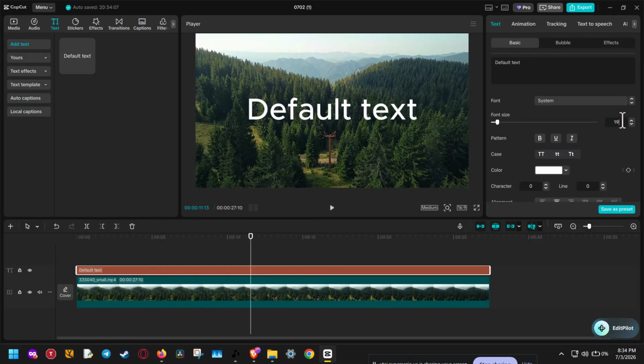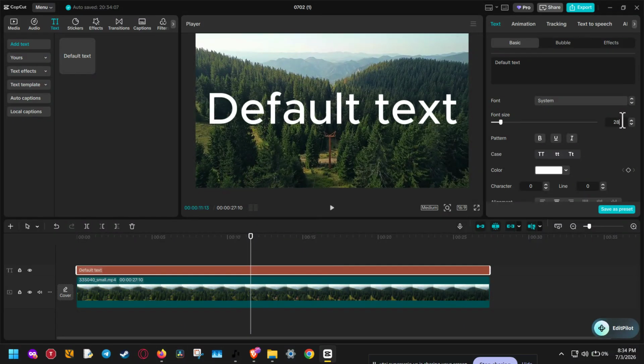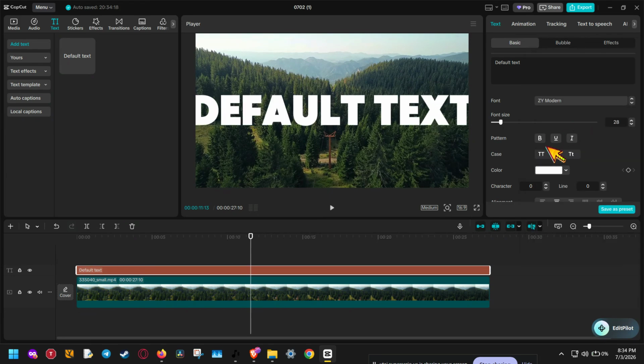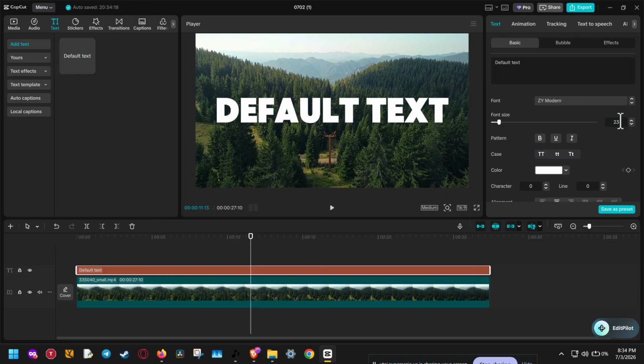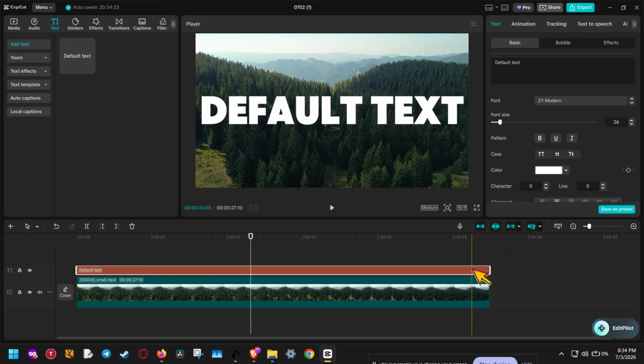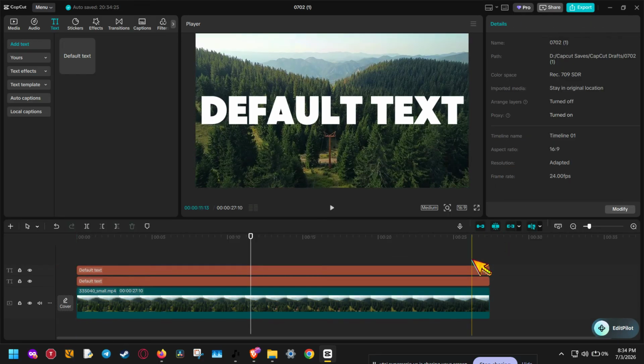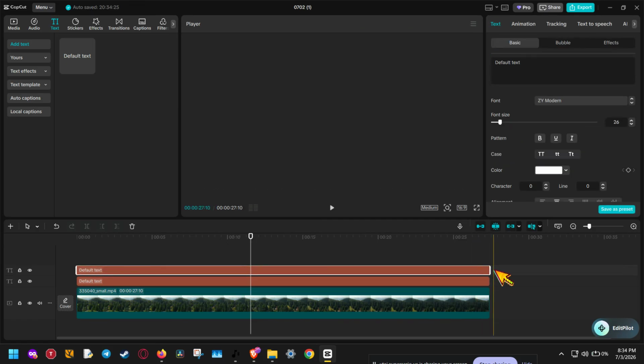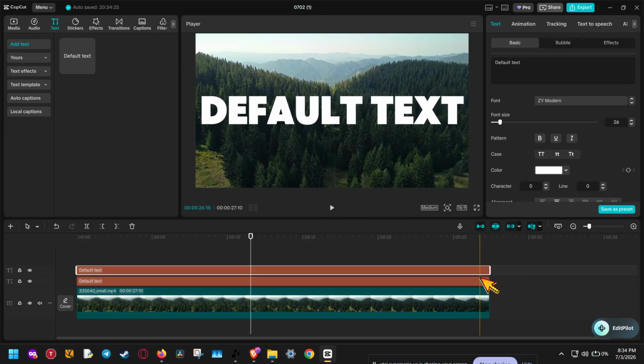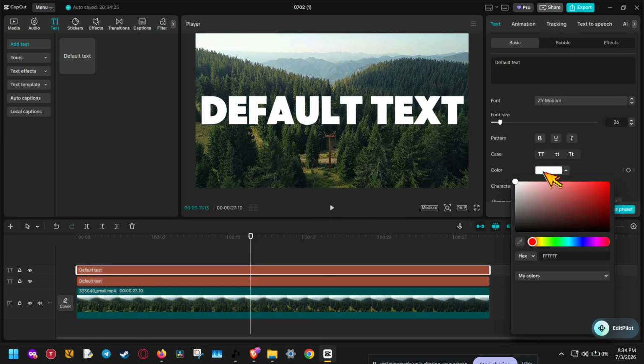This is what creates the second color overlay that will turn into the top part of the gradient. Hold Alt on your keyboard and drag the text clip directly upward onto the track above it. When you do this, CapCut will copy the text clip, giving you two identical layers stacked on top of each other. Make sure both clips stay perfectly aligned, because if they shift out of place, the gradient effect may not